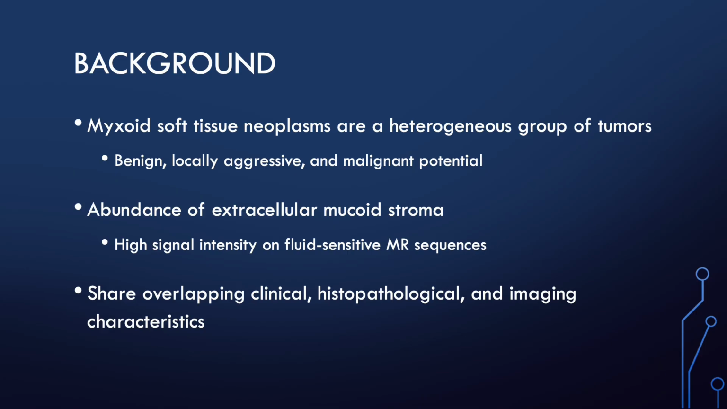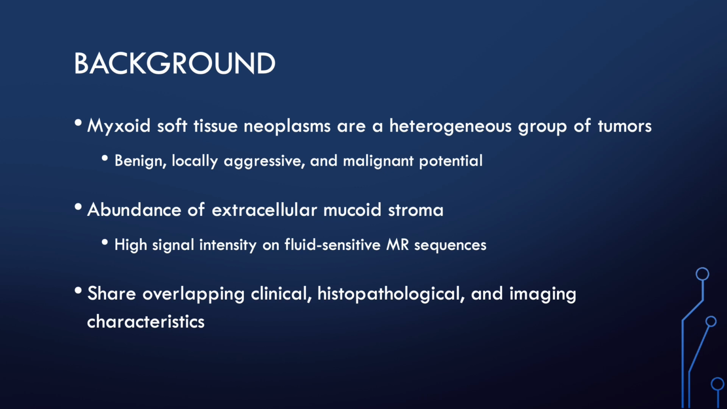Myxoid soft tissue tumors comprise a heterogeneous group of mesenchymal neoplasms, which are predominantly found in the soft tissues of the extremities and superficial regions of the body. These neoplasms, including those with benign, locally aggressive, and malignant potential, are all characterized by the presence of substantial extracellular mucoid stroma. It is this stromal component that results in an elevated water content, leading to a distinctively high signal